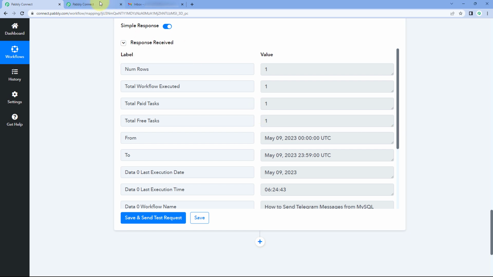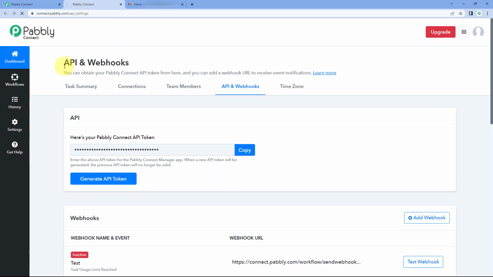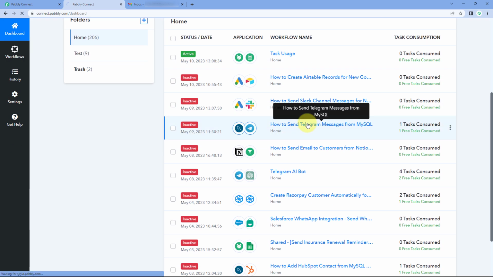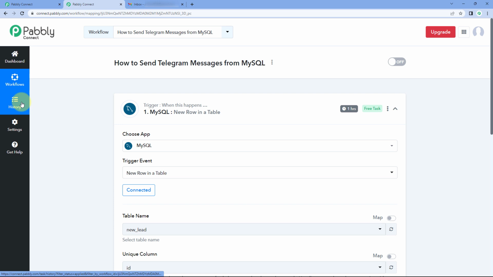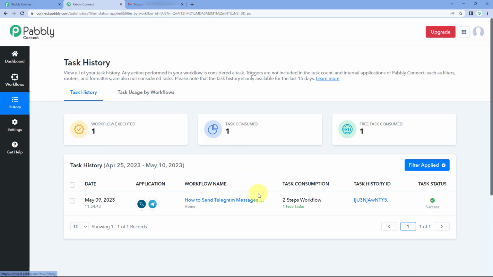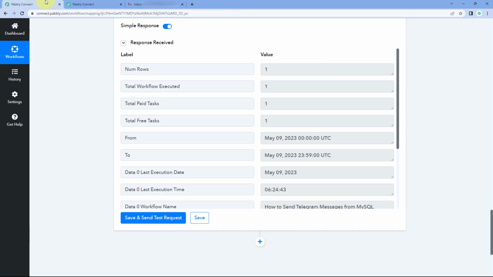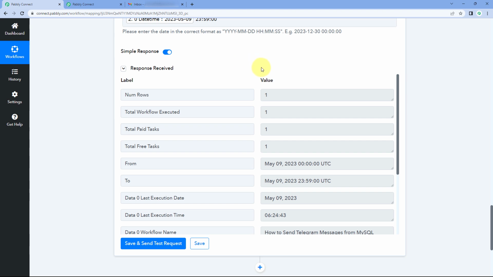So here, guys, I'll just go to my Pabbly Connect account, go to the dashboard section, and I will just open up this workflow once. Just open up the workflow. And we will go to the history section of this workflow. And yes, here you can see that yesterday, this automation workflow has been executed only once on 9th of May. And this automation has consumed 2 steps, 2 tasks over here, out of which 1 task was paid and another one was the free task. So here you can see that the response which we get inside Pabbly Connect is the correct task usage summary